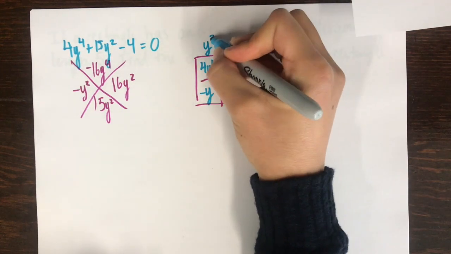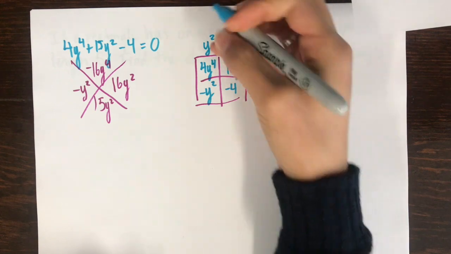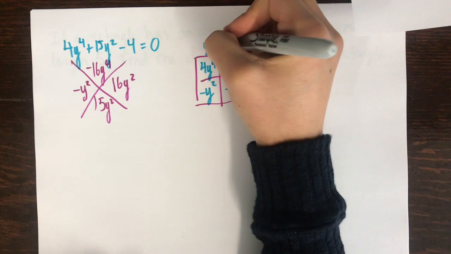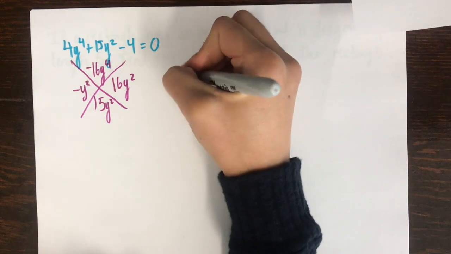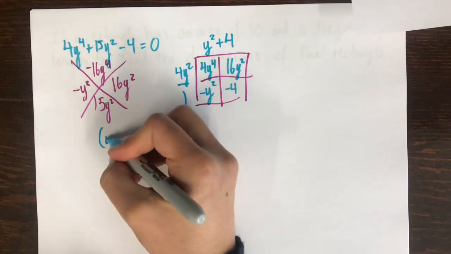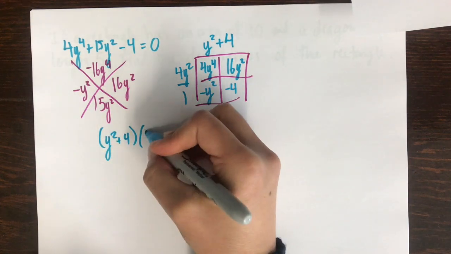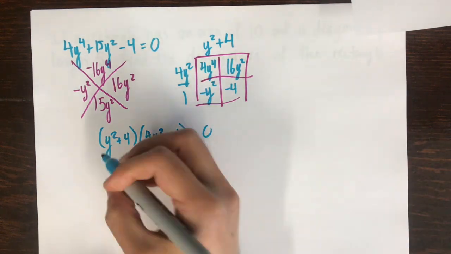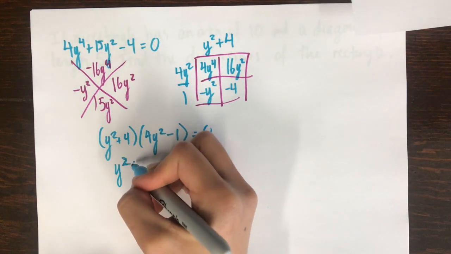Out of the first column there, I can take out a y squared. Out of there, I can take out a 4, and because that box with 16y squared is positive, I'm going to put a plus sign in the middle, and then I take out a 4y squared out of that row, and then a minus sign, right, because it's negative y squared, and I can take out a 1 of that last row. So then I end up with the two factors y squared plus 4 times 4y squared minus 1